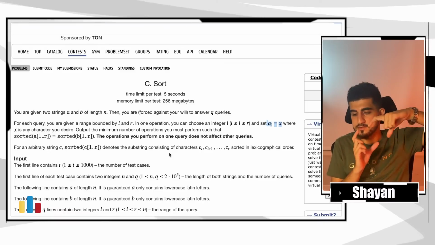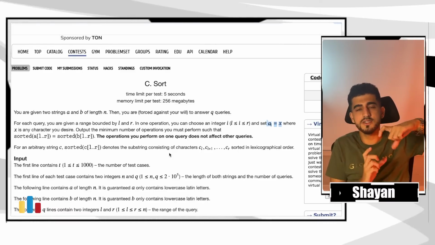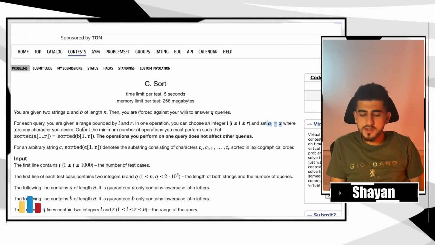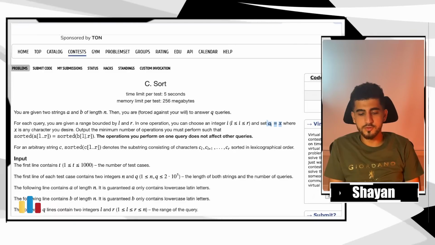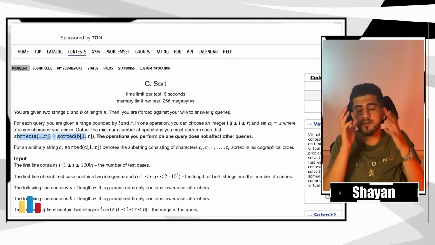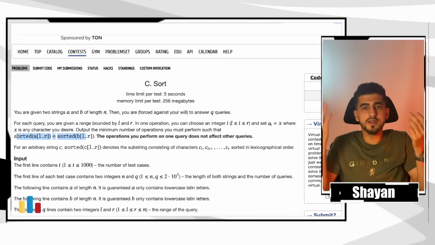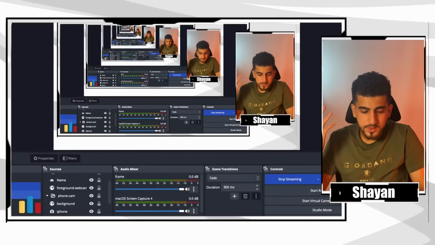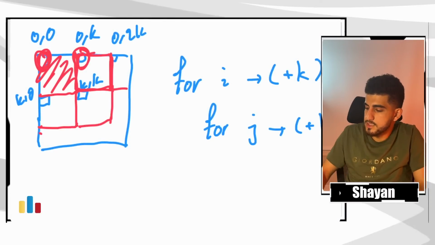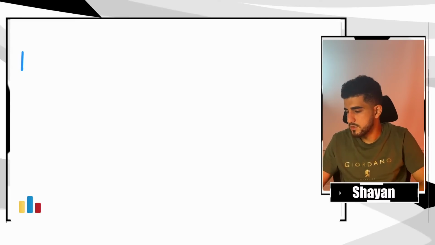I mean, in order that at the end, when we consider these two intervals, if we sort them both, they are equal. What does that mean, that the sorted versions of them are equal? It means that from each character, they should have an equal amount. So what I mean is that if we consider these two intervals in these two strings,